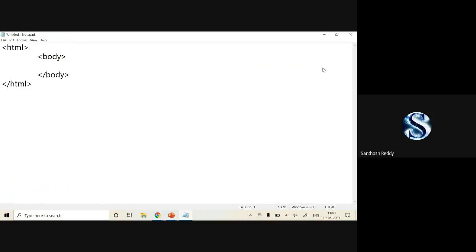First, I'll write a script tag, with type equal to text/javascript, and you close it. In the same way you have to close your script tag. Whenever you're writing JavaScript, you must ensure you write it inside the script tag.